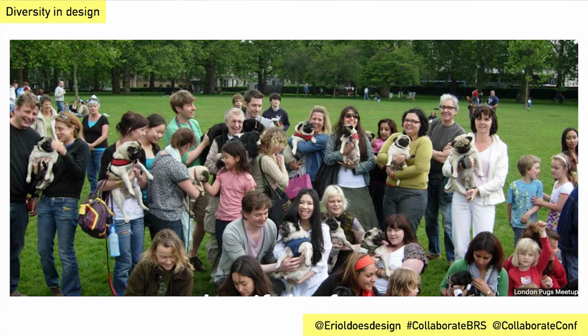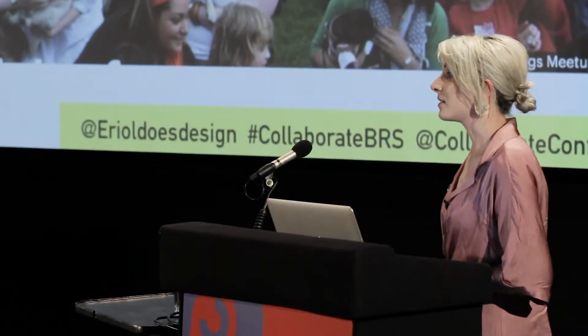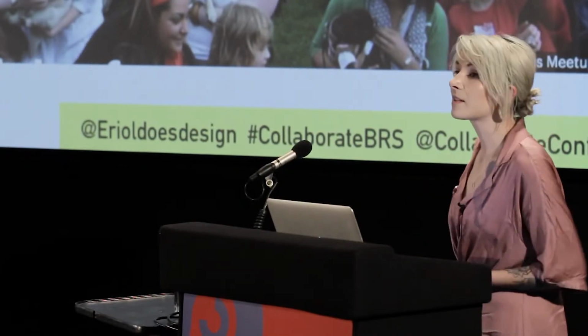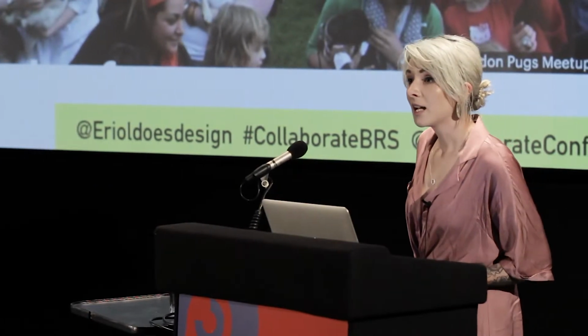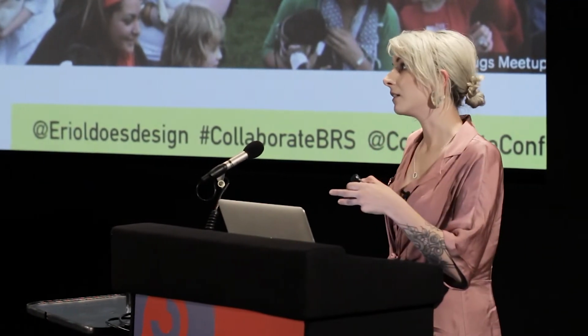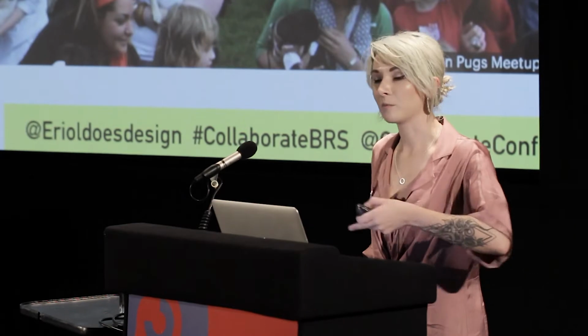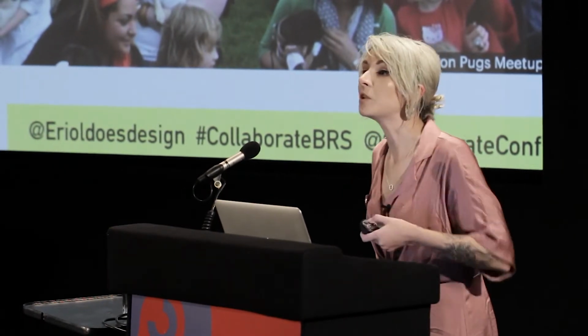And depending on your opinions of photography, you could argue that this is not a great piece of photography as far as the staging goes, the positioning goes. But what it is, it's real. It's really the London Pugs meetup, and the people there are represented in the ways that they are representing themselves. And it really brings forth the idea that meetup.com uses, like this is the community.